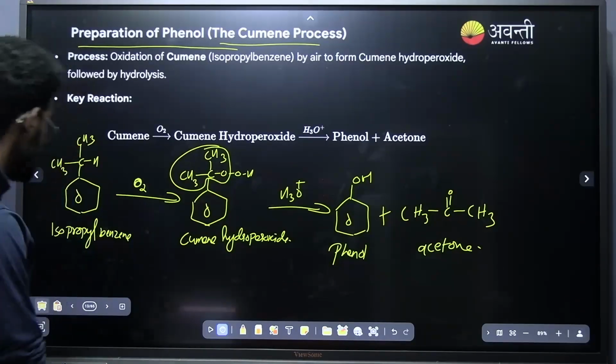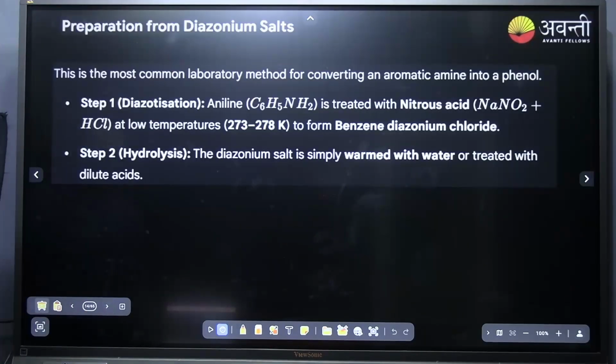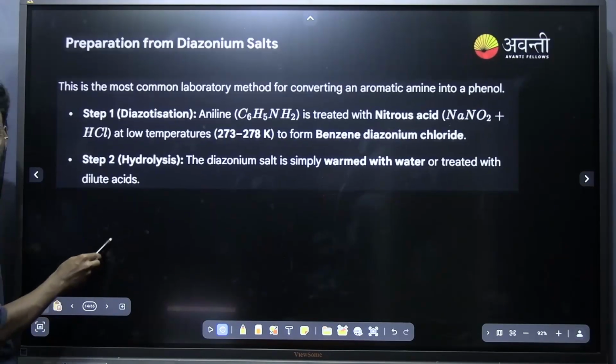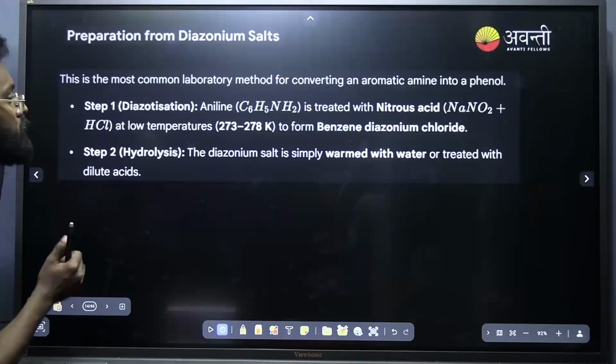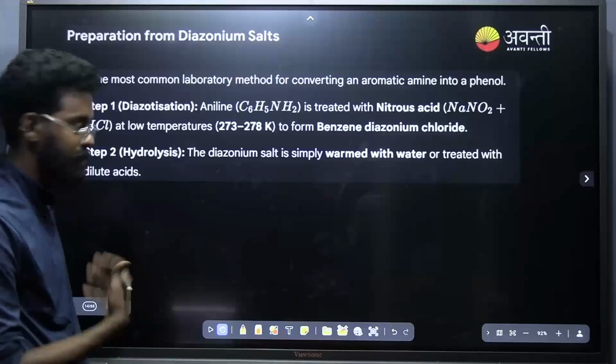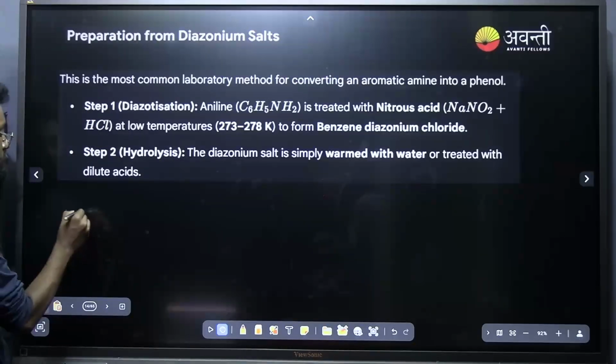Next is preparation of phenol from diazonium salt. We have already discussed this preparation in the amines chapter, how we can prepare phenol from diazonium salt. We have discussed this in the